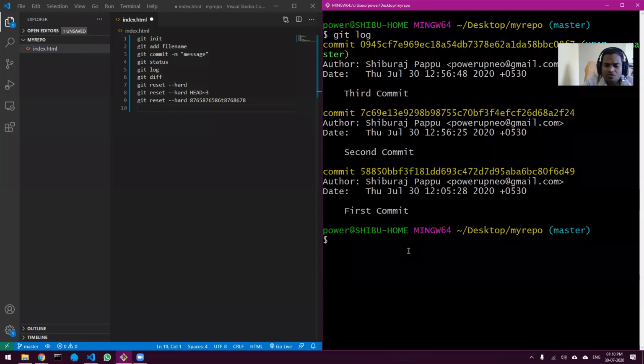Now how to set that username? There are two ways of setting it. Let's suppose you are on your local computer at home, which will be used by only you. So you are the developer. What you can do is set the global name and email address, so that all the repositories will be using that.